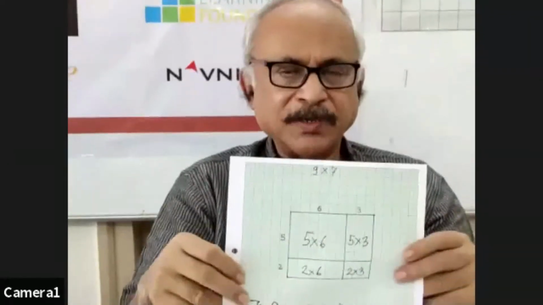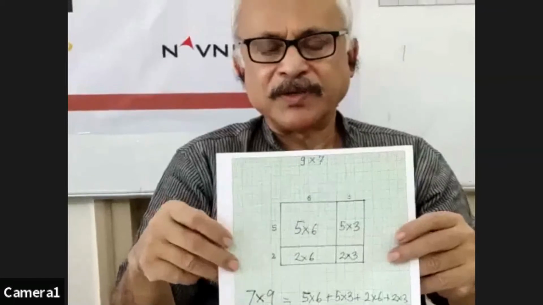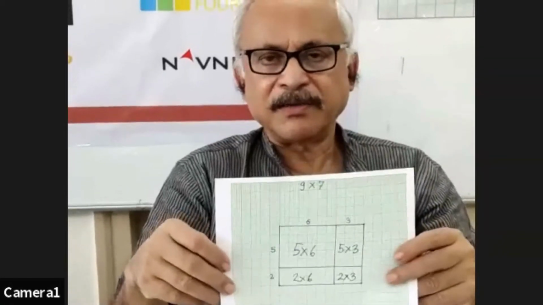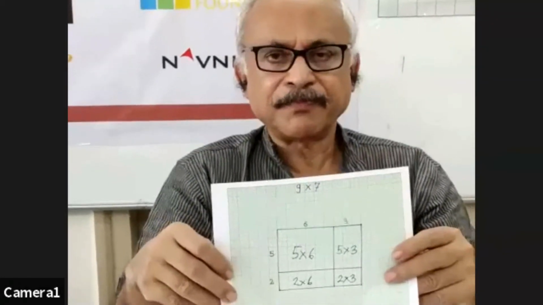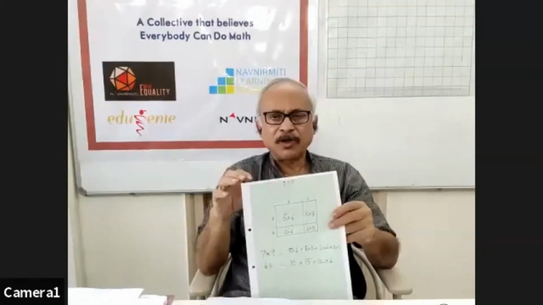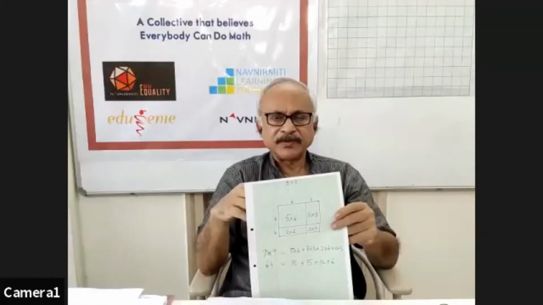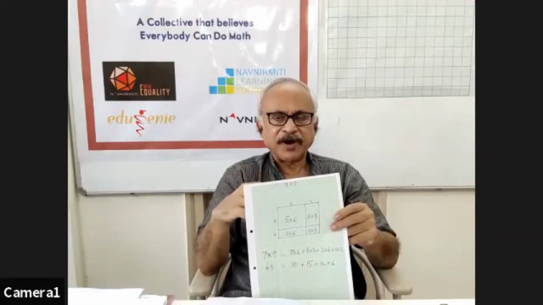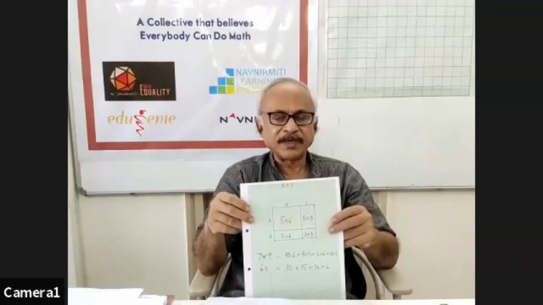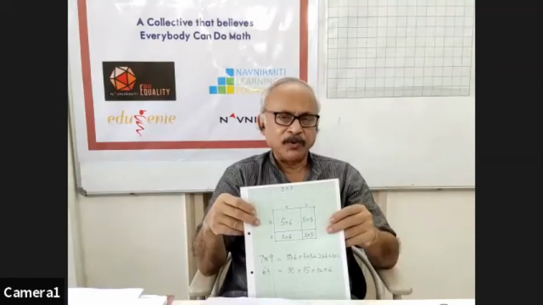So now let's use this to do the next problem, which is slightly more difficult. It's more difficult because up to now, all our numbers 9, 7, 6, 3, 5, 2 were single digit numbers. Now we are going to multiply